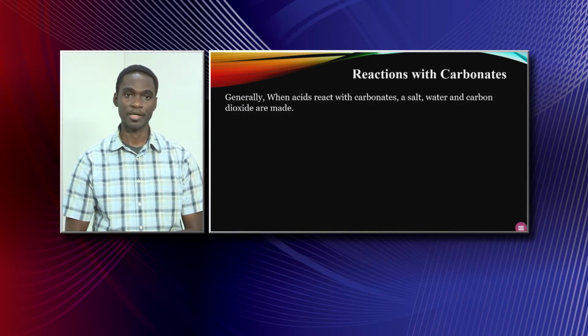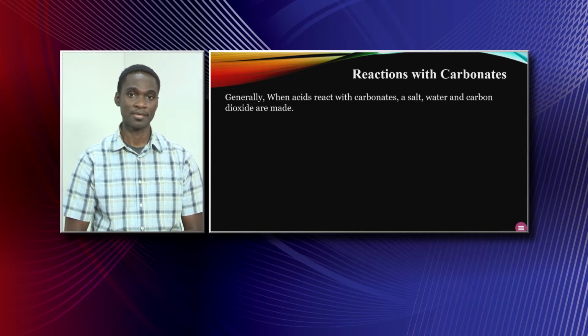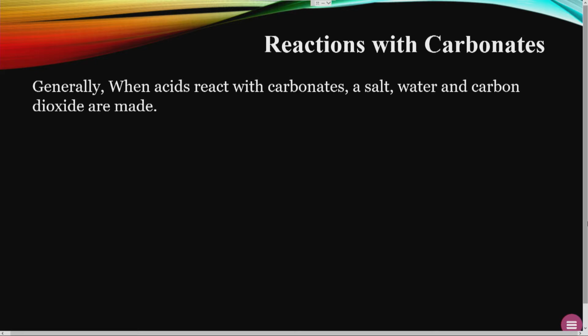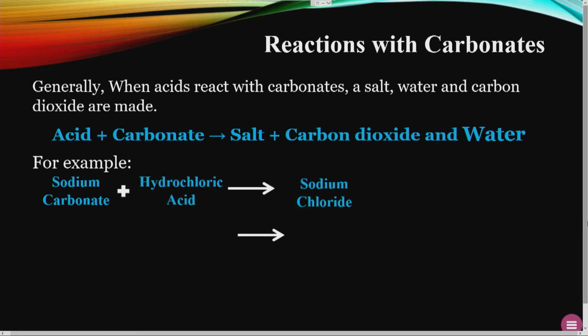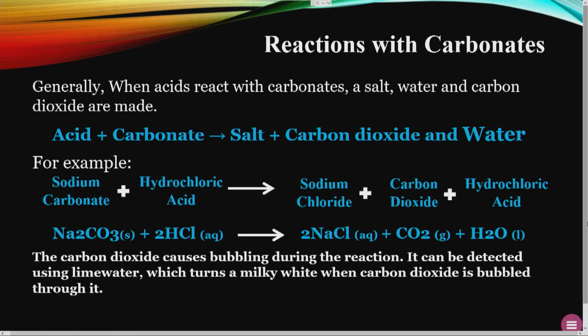We continue with the reaction of carbonates. When an acid reacts with carbonates, a salt, water, and carbon dioxide are produced. For the general reaction, acid plus a carbonate would give us a salt plus carbon dioxide and water. For instance, if we should use sodium carbonate and hydrochloric acid, it would give us sodium chloride as the corresponding salt, carbon dioxide, and water. For the symbolic equation, Na2CO3 plus HCl as the acid to give us NaCl plus CO2, which is carbon dioxide,